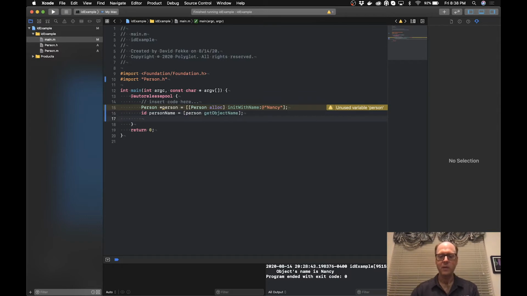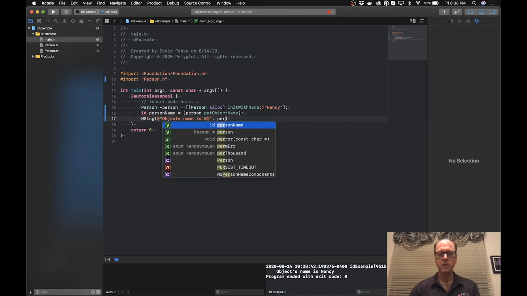And then I'm going to output that using NSLog. We'll come here in parentheses and quotes, and then we're just going to take the person name